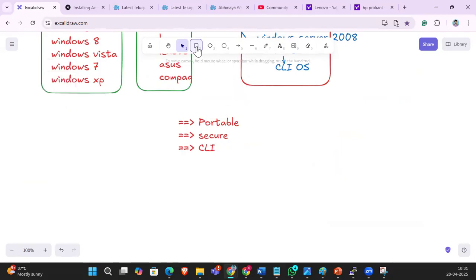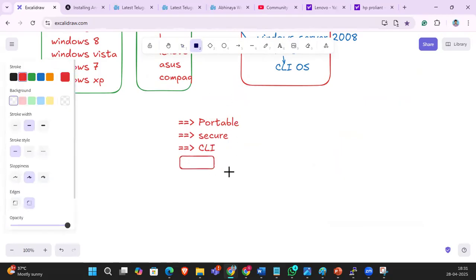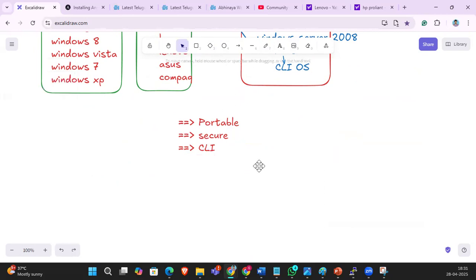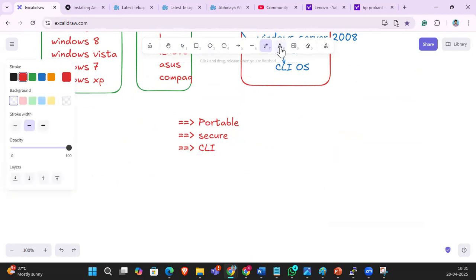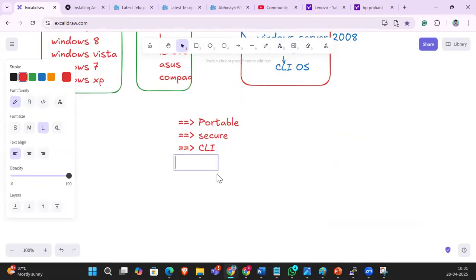Another point is, what is that, guys? Open source.